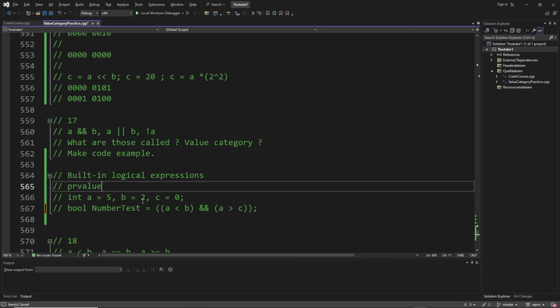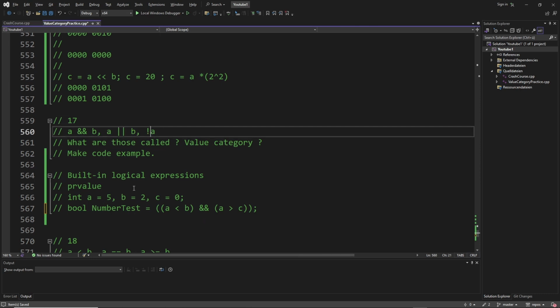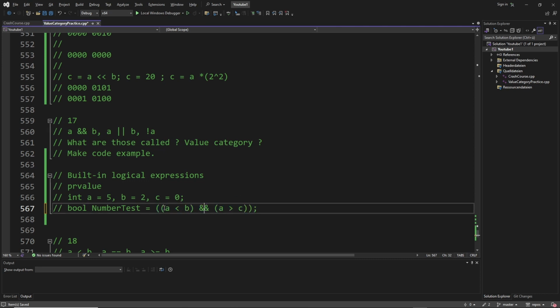In this case, it's important that you understand that when you see operators, most of the time they are PR values. Again, why? Because they are calculated and they are not saved. So you can see I calculated the outcome here, it's true. At this point, it is a PR value, but when you bind it to a variable, the whole expression is no more a PR value because I have a name now. After this assignment, it's no more a PR value. All right, let's go on